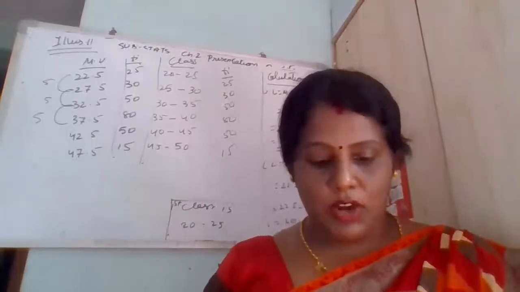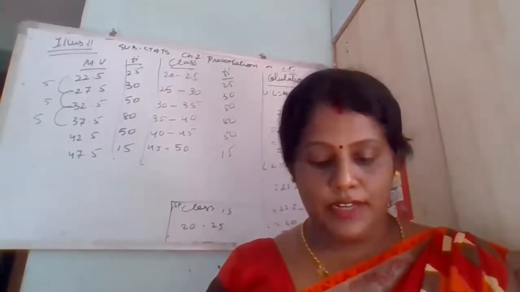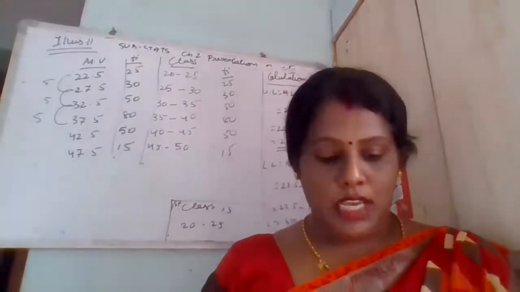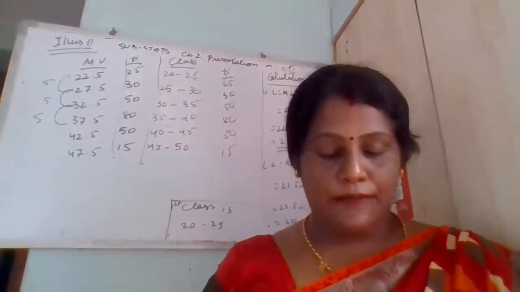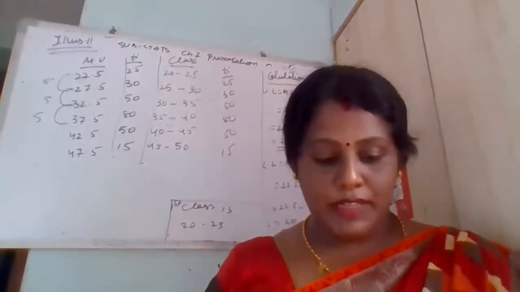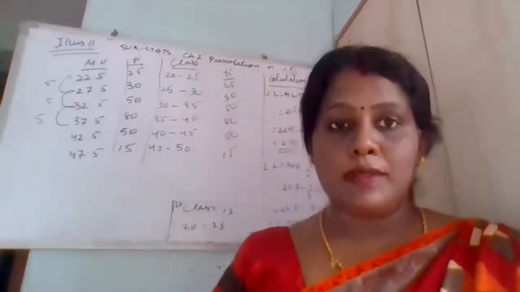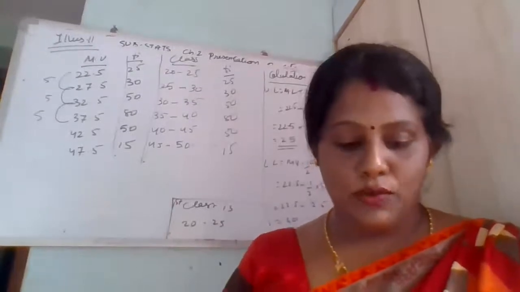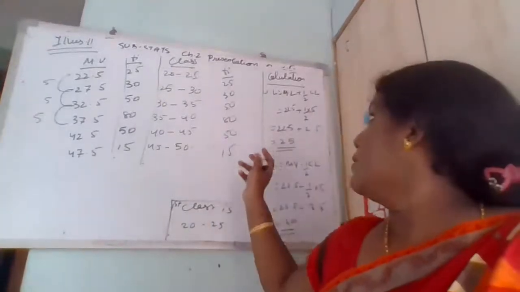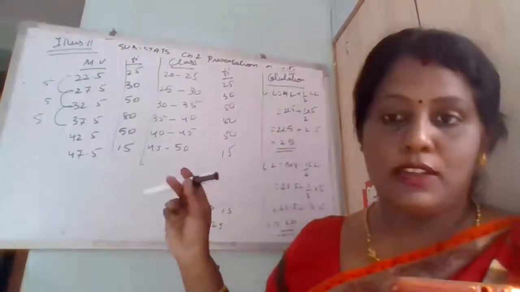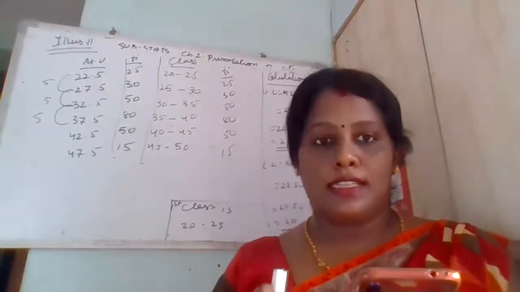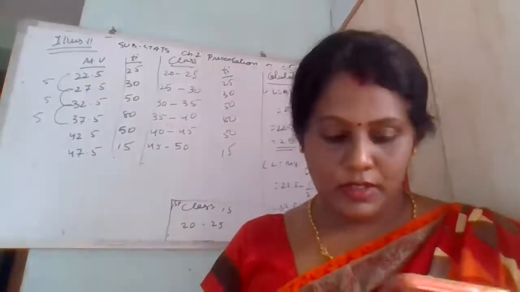Information regarding the number of errors per page in a book of 500 pages is as under. Find the inclusive frequency distribution from it. And here also mid value and fi is given, frequency is given. Okay, so with the help of that mid value and frequency, we will be finding our class, that is lower limit and upper limit. So the formula of lower limit and upper limit remains the same. Lower limit is mid value minus half into class length, and upper limit is mid value plus half into class length. So that is the formula of mid value, lower limit and upper limit.